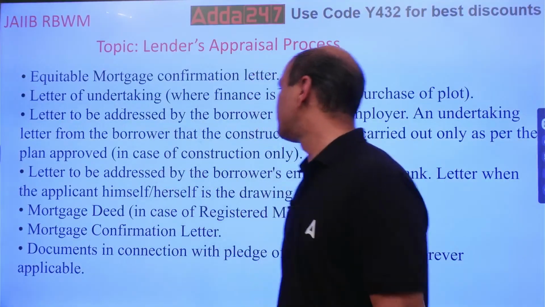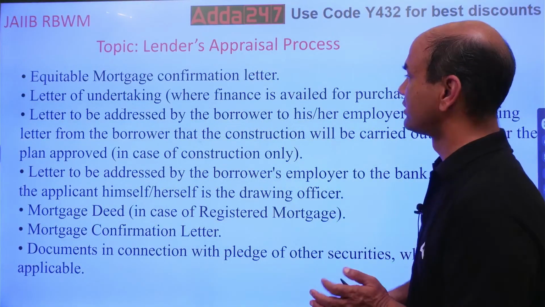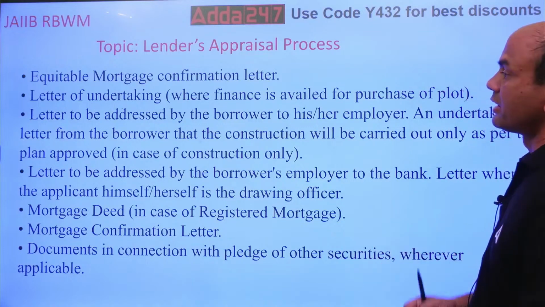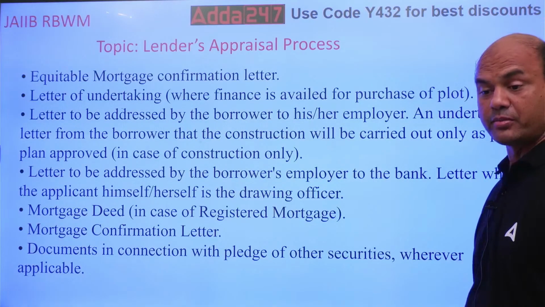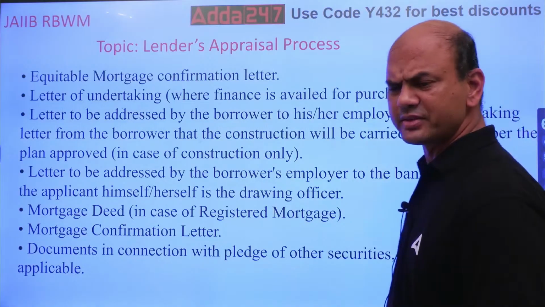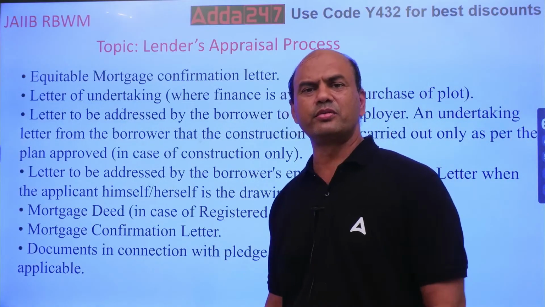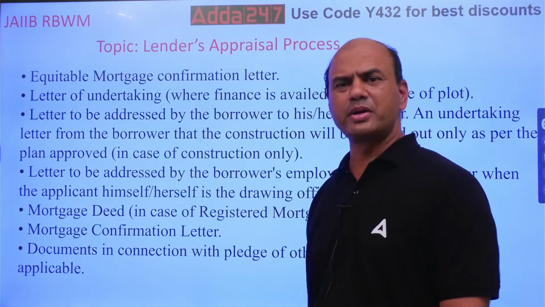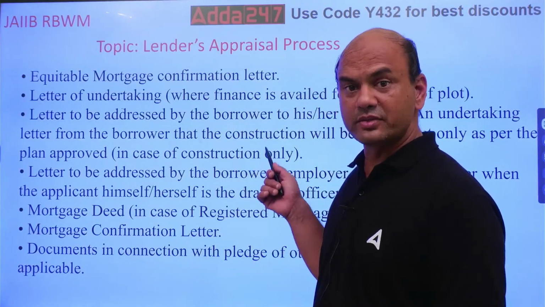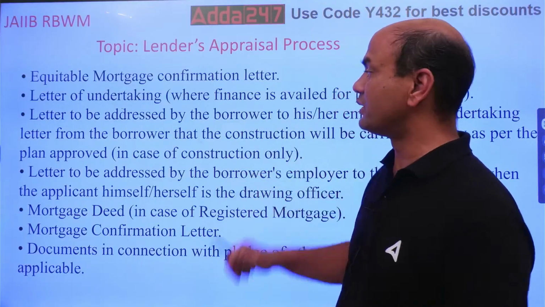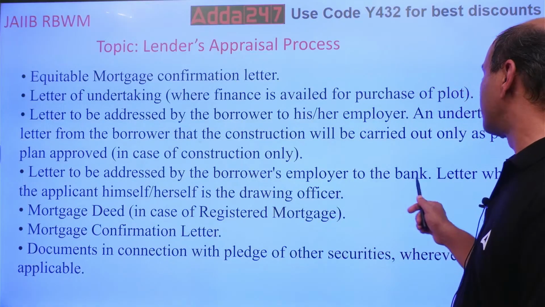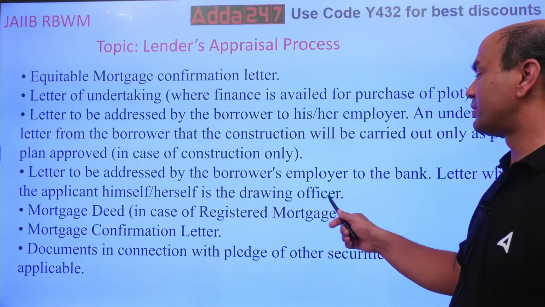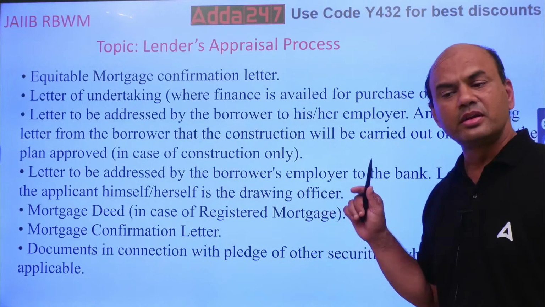Letter to be addressed by the borrower to his or her employer. An undertaking letter from the borrower that the construction will be carried out only as per the plan approved. Very important. Whatever is the sanction plan, we have a sanction plan always. In any home loan, whenever you build any house or any property, you have a sanction plan. So the construction will be carried out as per the sanction plan only. Letter to be addressed by the borrower's employer to the bank. Later when the applicant himself or herself is the drawing officer. Now, the point over here is,